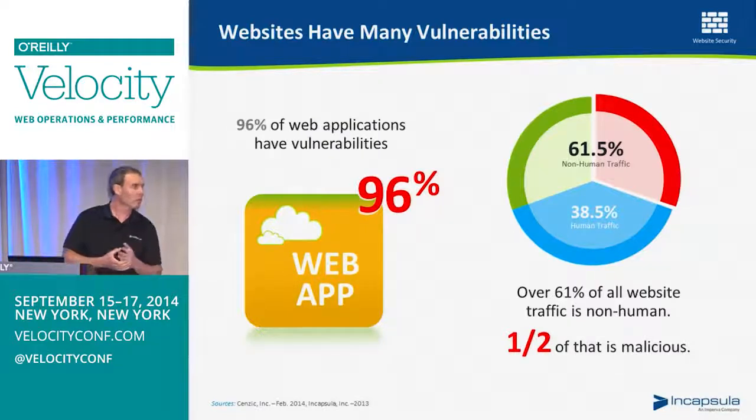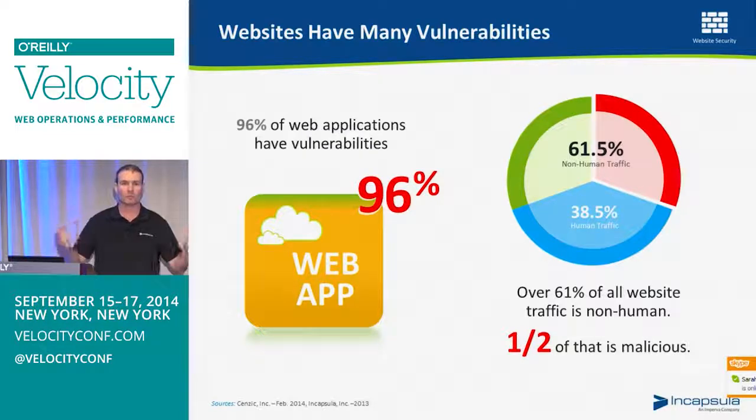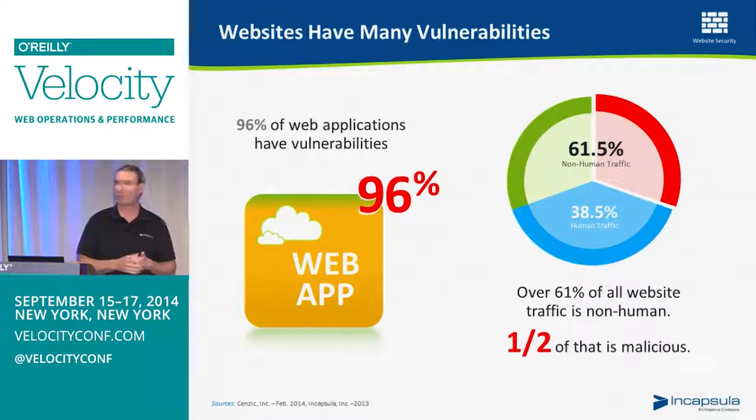Not only that, what we've seen is that 61% of web traffic today is actually not real humans coming to your website. It's all automated stuff. Half of those bots, or that traffic, you could call malicious. It's not good traffic. It's not the Google bots or the Bing bots or the Pingdoms or the Keynotes that are coming out to your website and doing things that you've actually asked them to do and you find benefit in. It's all those services that are either trying to scan your website and see if they are vulnerable,